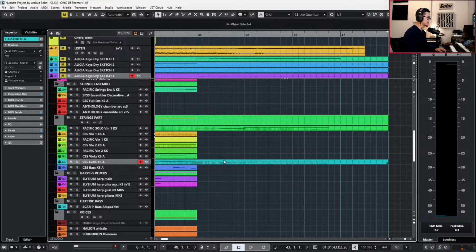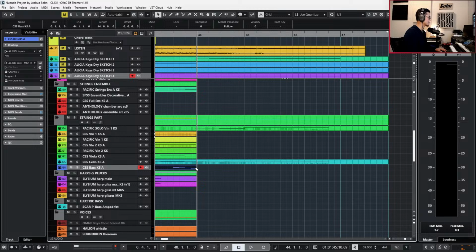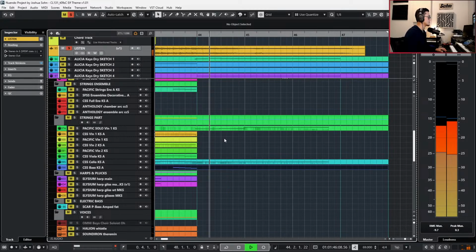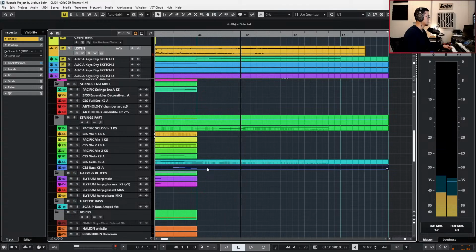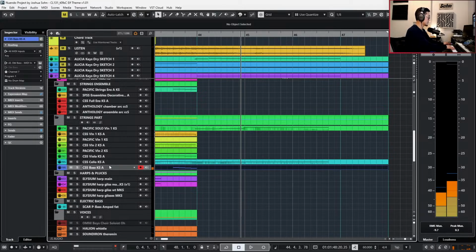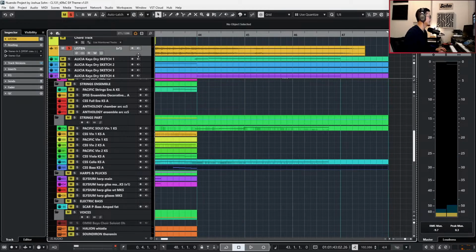There's going to be a harp roll or glissando here. So let's see what the bass does real quick. Oops. I think it just hits the F, but